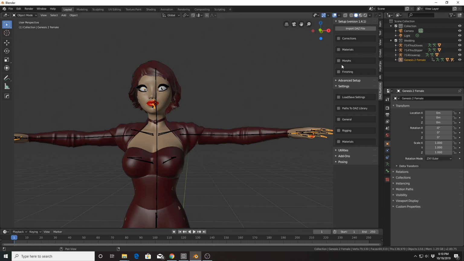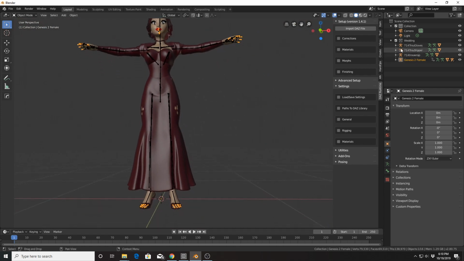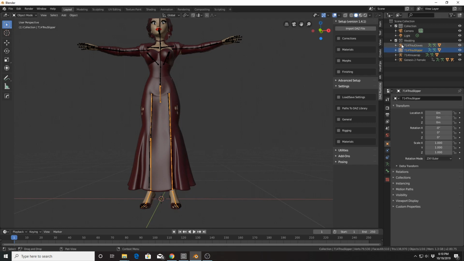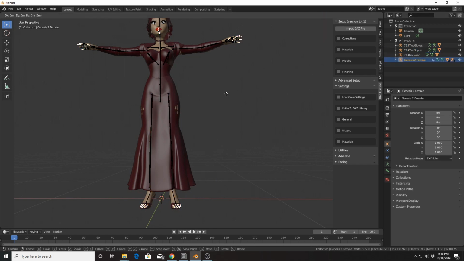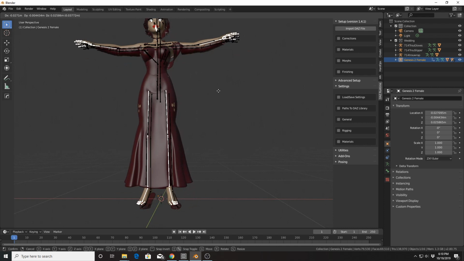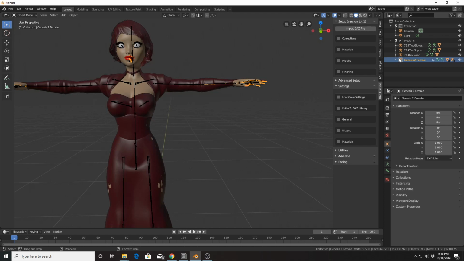But you'll also notice that each material, clothing or each material object, has its own armature. So let's say I select the slippers. It has its own armature that's highlighted, and if I hit G, it will move separately. However, if I move the character, Genesis 2 female, some of the clothing does not follow it, and that's because they are not parented to the body's mesh.